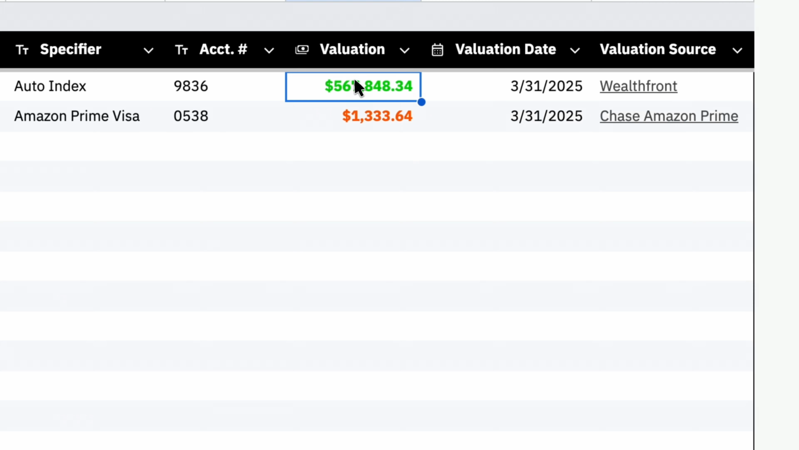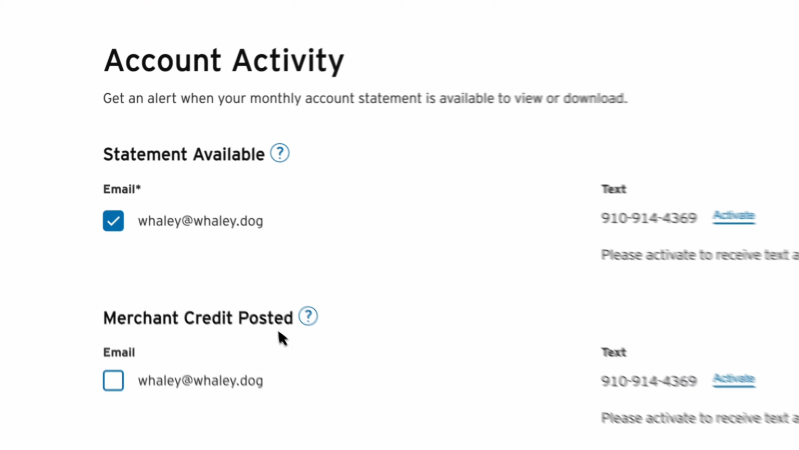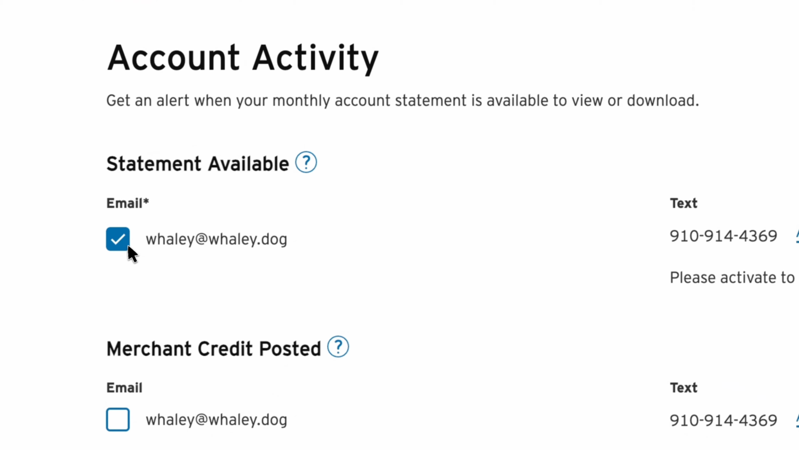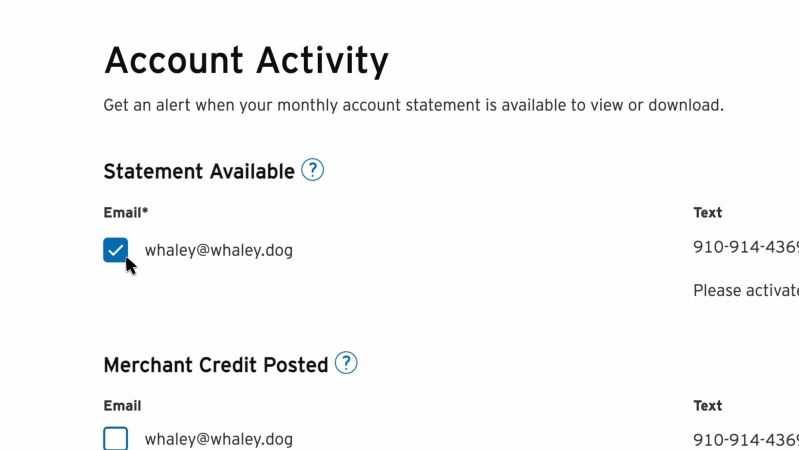And for updating your valuations each month, you can do them all at once or as they become available. What I do is I have email notifications configured with my provider, so when each new statement hits my inbox, I update the corresponding valuation in just a couple of